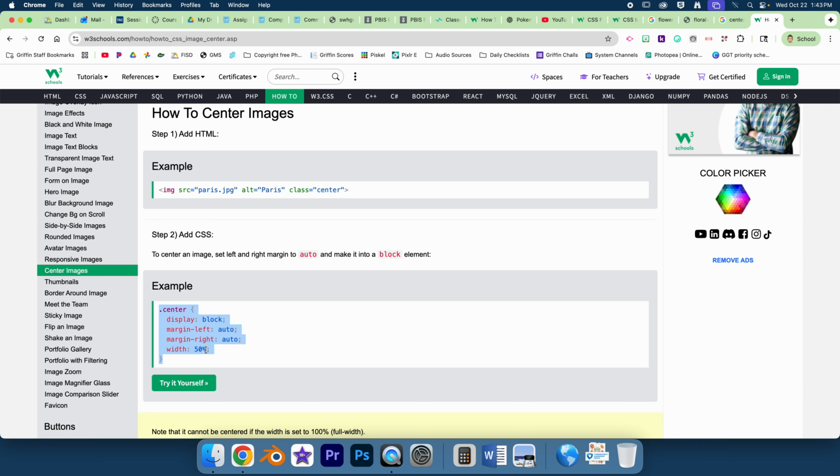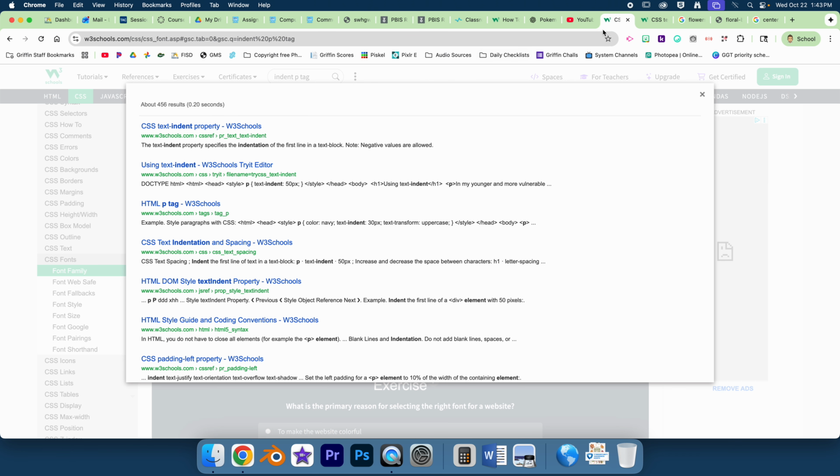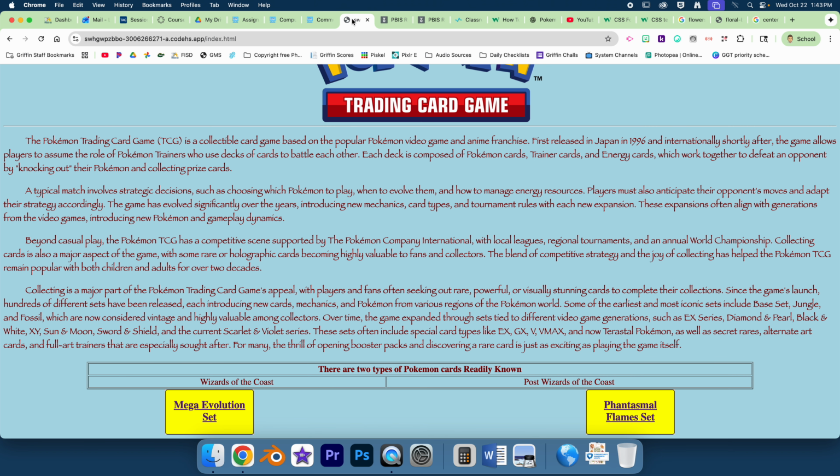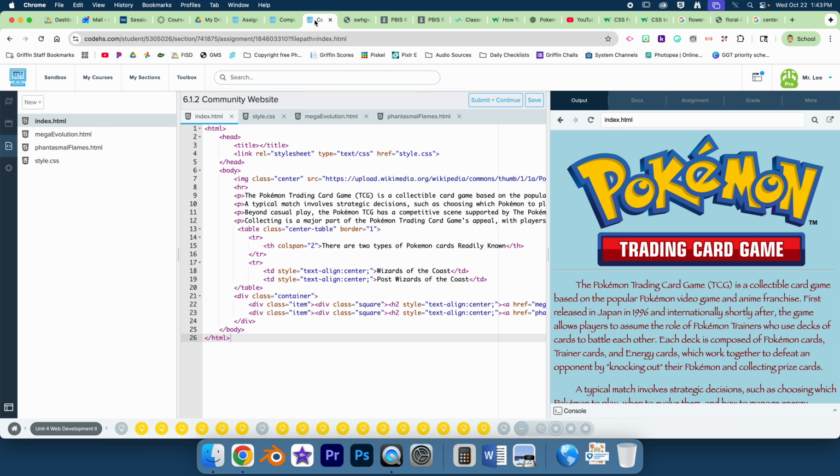Okay, now I didn't put the width in there because I wanted it to stay the same width, but there we go. So I've got everything else. So, you know, if you don't know how to do something, just look it up on Google. Like, it's really easy. Same thing with